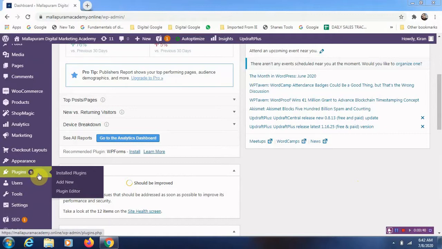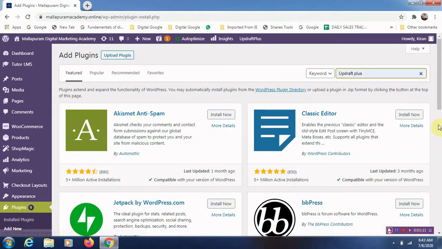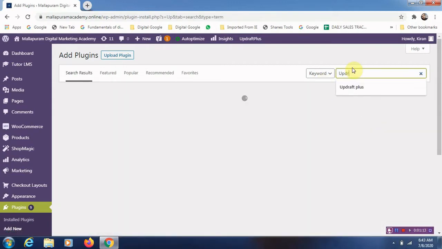So once you are done with it, you can go ahead and start installing the other applications which might not work in the free domain or the free hosting. So let's look at how to back up our website. Let's go to the plugins here. You can go to add new plugins. I have already added a plugin, but let me show you how to add it again. Add plugin. Here you need to type Updraft Plus. See, already it is there, Updraft. So let me click on it.